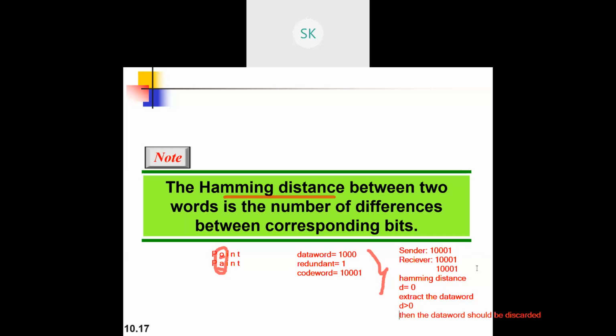So this is actually what is happening with respect to the Hamming distance. Hamming distance is used to check whether the data has been received at the other end properly or not. In the checker, it will be done. How will it be done? This code word and data word should be shared between the sender as well as the receiver. The sender will transmit the code word. Once it is transmitted, the receiver will compare the code word it has received with the previously identified one.